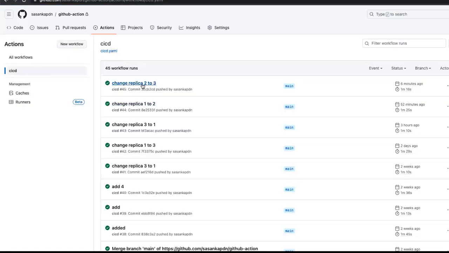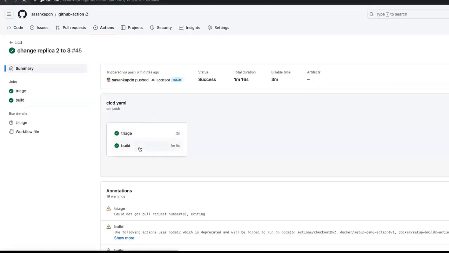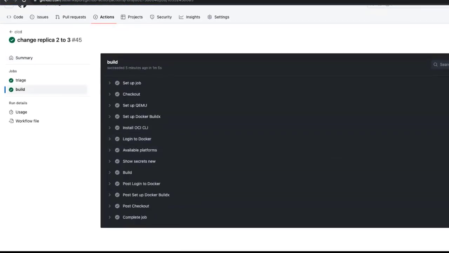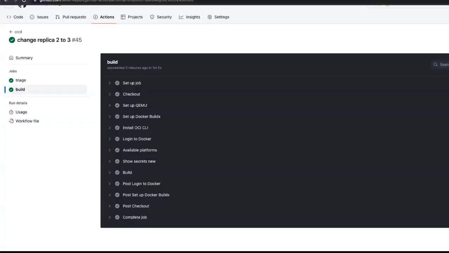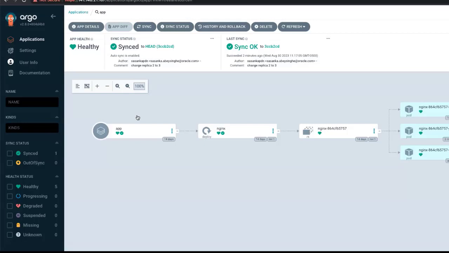So you can see like a 2 to 3. So it's already finished the 2 to 3, the triage. So if you go back to the Argo CD, you can see 3 replica sets. So it's already updated. So this is something like what we can set it up in the CI/CD process.